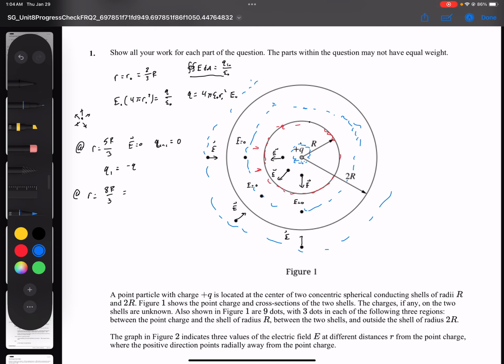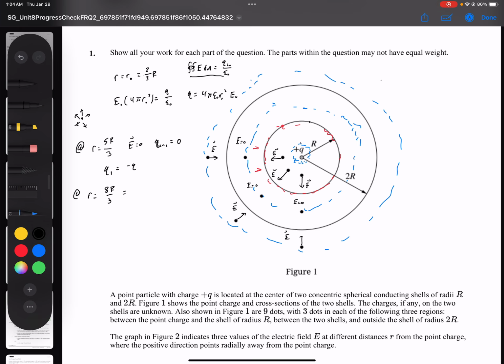All right, so I'm constructing another Gaussian surface. And I know the total charge within these two has to be 0. Okay, so now we just need to figure out the total charge on the outermost conductor. All right, so what I'm going to write down is,